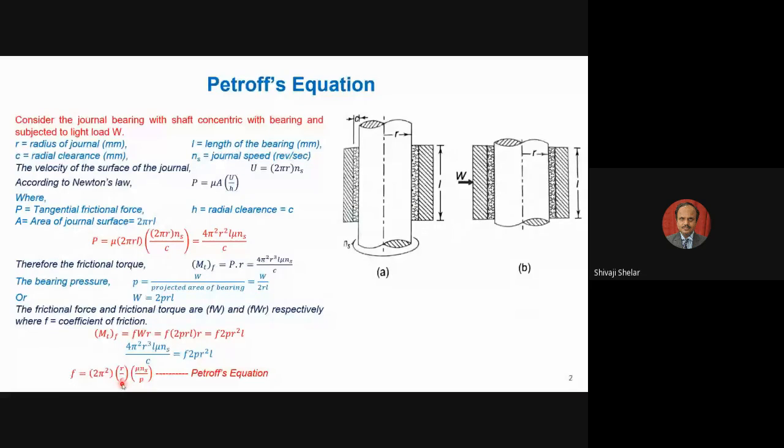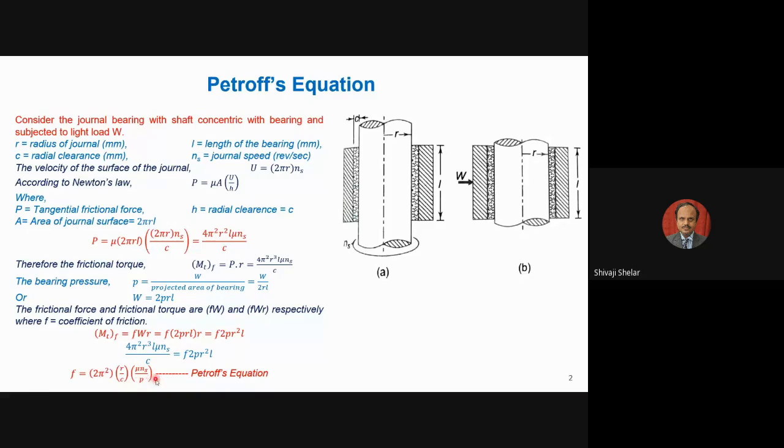There are only two types of fit, that is clearance fit and transition fit. In the transition fit also, there should be minimum clearance, and that minimum clearance will again have a higher coefficient of friction. So as we decrease the clearance, the coefficient of friction value increases. Then again, it is directly proportional to the viscosity. If the viscosity of the fluid is higher, again the coefficient of friction will be higher. If your speed is higher, again your coefficient of friction will be higher.